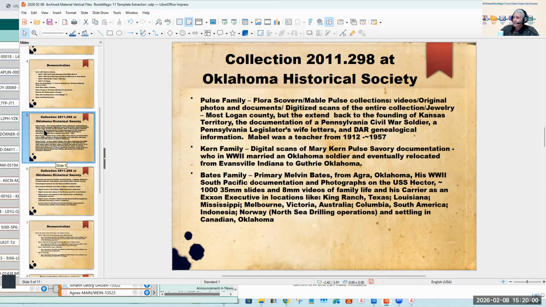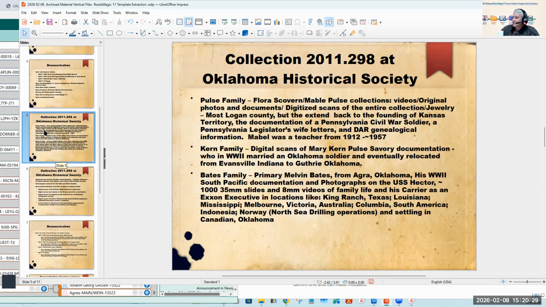I put a note that Mabel was a teacher from 1912 to 1957. She taught most of the governor's children. She was in a school that was just like 2 blocks or 4 blocks from the governor's home. The second major set in this collection is the Kern family. It's digital scans. They're not originals. The Flora and Mabel group have originals in it.